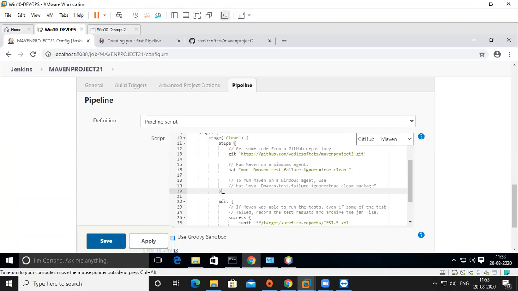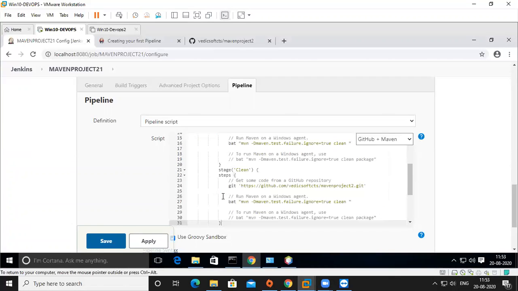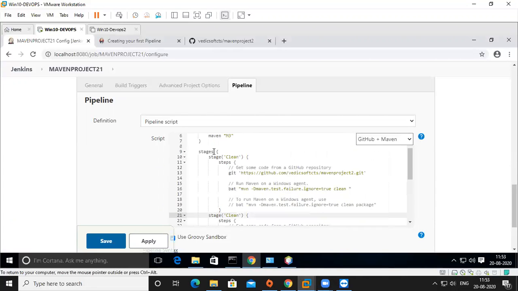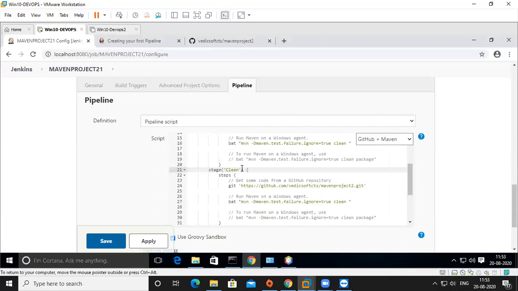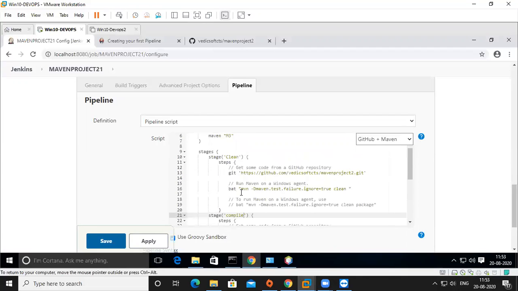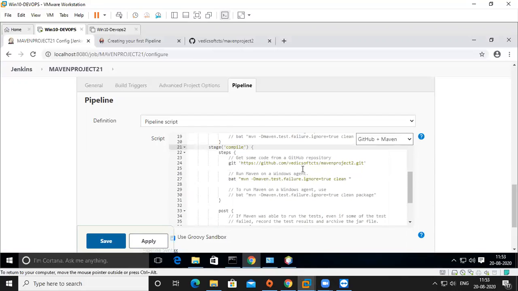So the first is the clean stage, and the second one is the compile stage. You can put any stage name, compile stage.